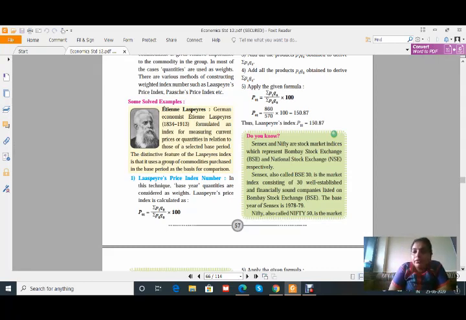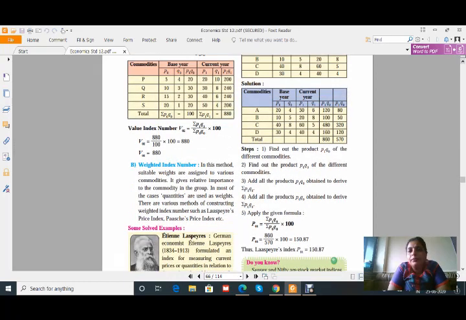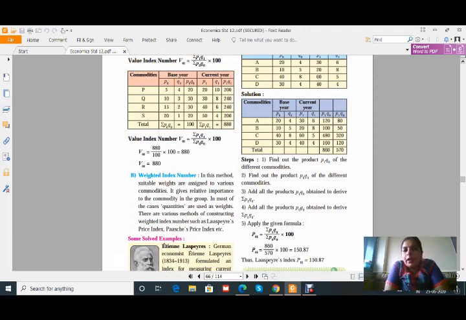Let us see the example given or table given here so that it will be a little bit clear for you. See, commodities are A, B, C and D. Base year P0 Q0, current year P1 Q1. Remember this thing, students. While multiplying this, you first multiply P1 into Q0 and P0 into Q0. That means Q1 you should forget for calculating this index number, that means the Laspeyres index number. In that case, you don't have to multiply Q1 with the P1. So while calculating this weighted index number, be careful.